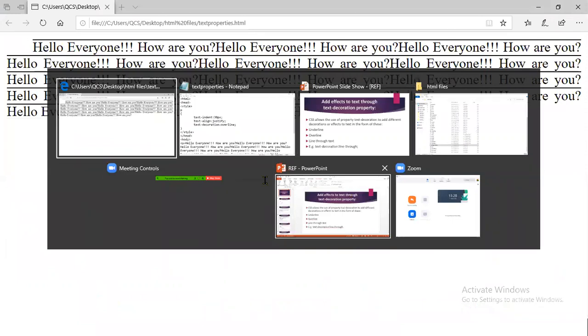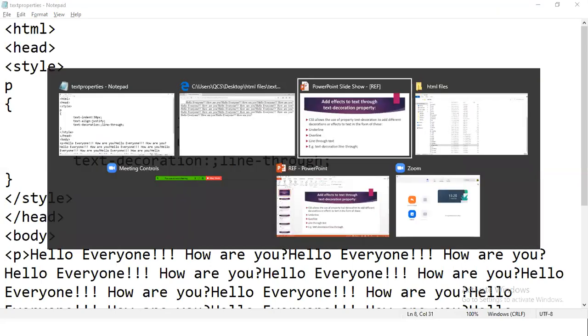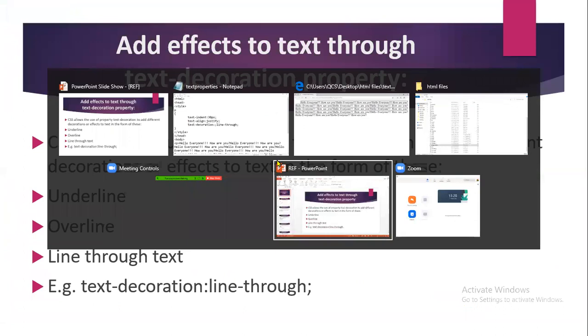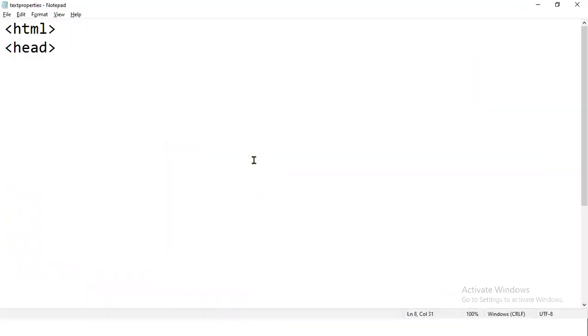Next, if you want to use the line through text, then you can use line through. Now I'm going to refresh it. I think there is some spelling mistake.